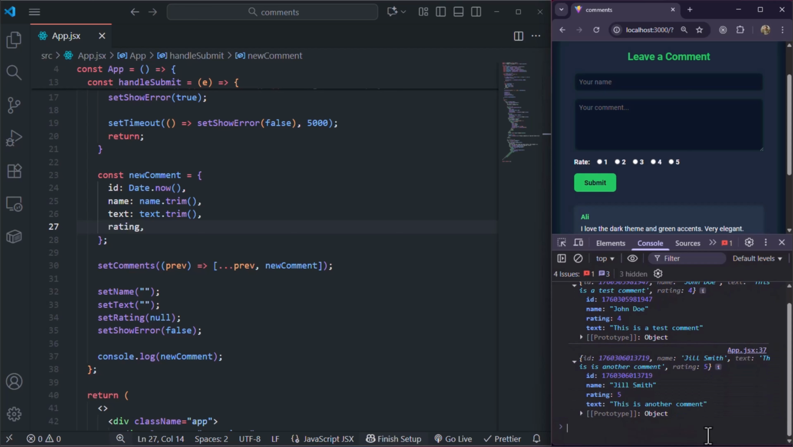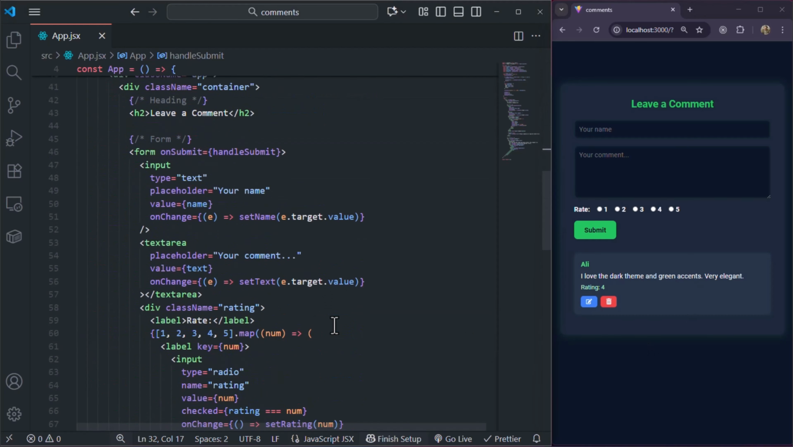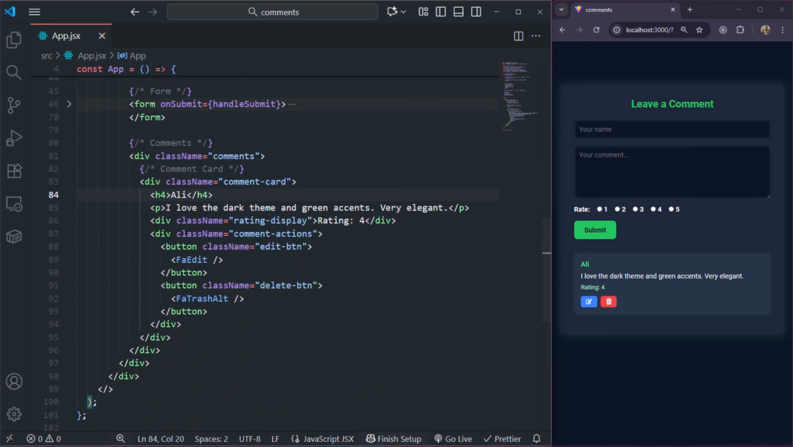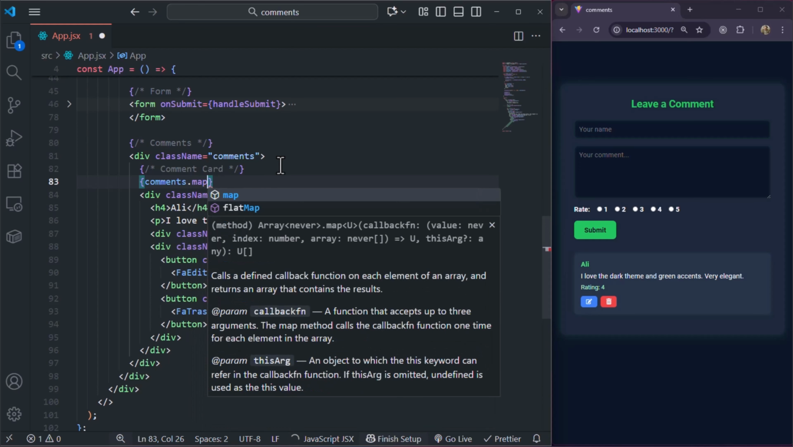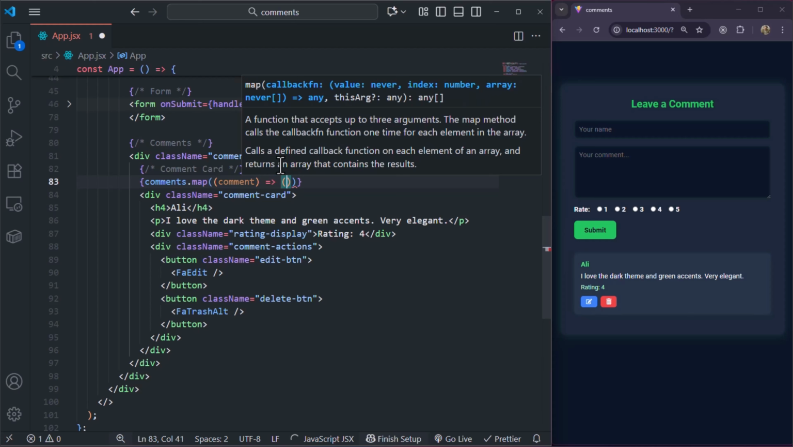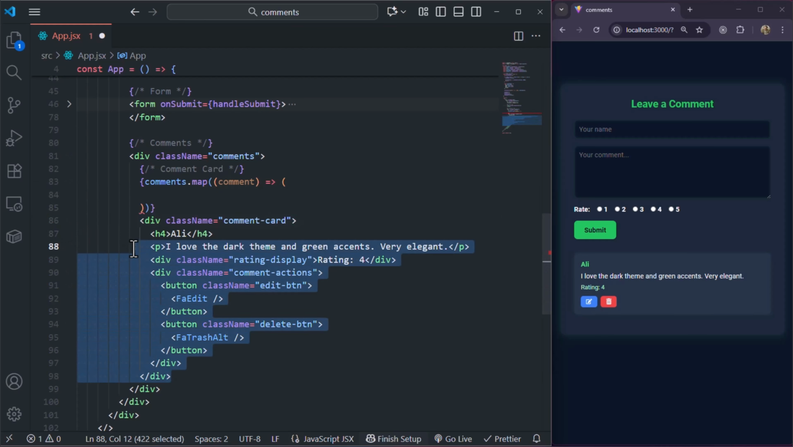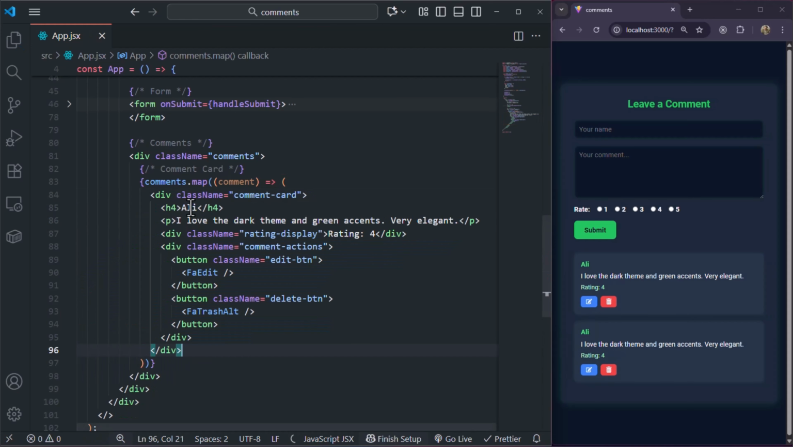So now we need to make these comments show up inside the comment list. To do that, we need to go to the div with the class of comments. To load all our comments inside this div, we use the map method. So open curly braces, write comments.map, and we'll call each individual comment just comment. Then let's copy the comment card inside the map method. Let's save. As you can see, we now have 2 comments because I've already created 2, but the info in